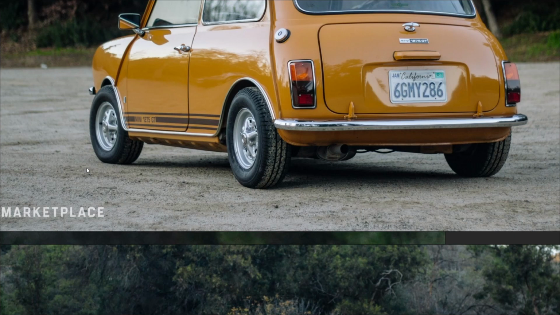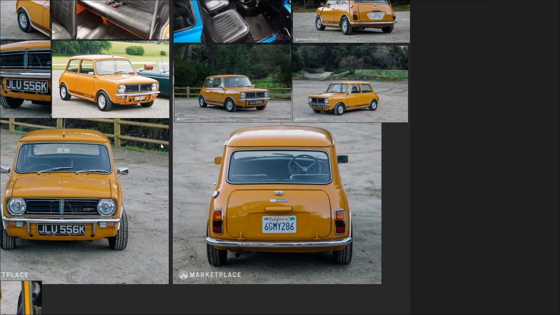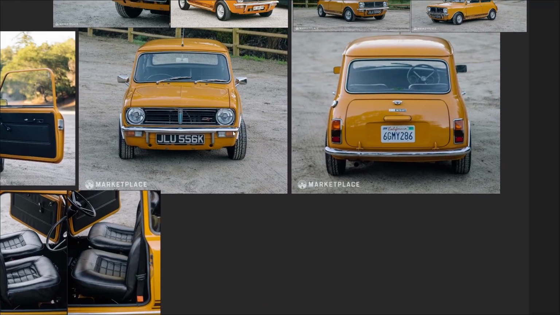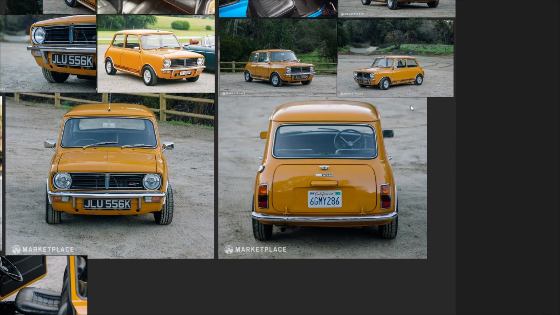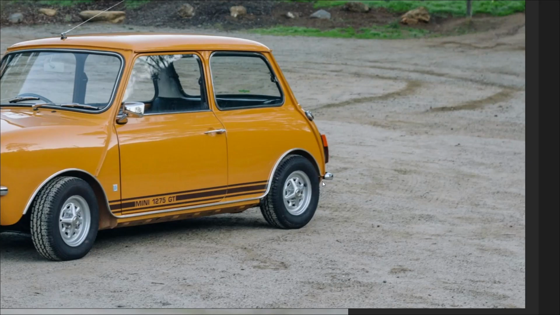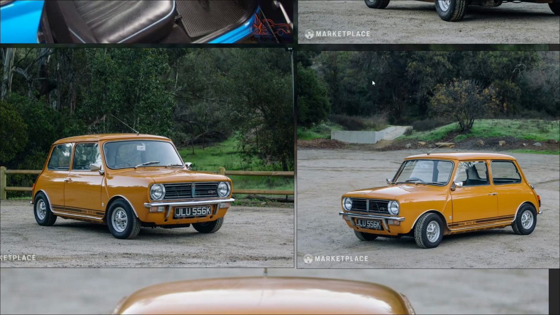I don't think that's seeing, is it? I can get a side view of that, that'll be handy. Side view. No, and the only one we've really got is that, and that's obstructed by the rear wheel.